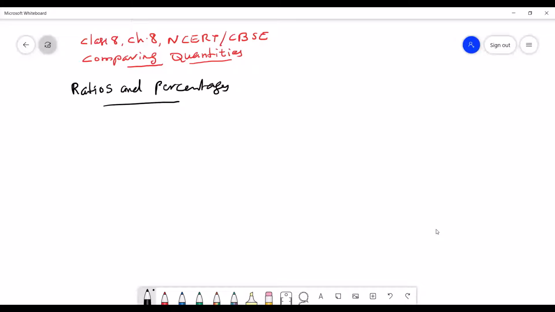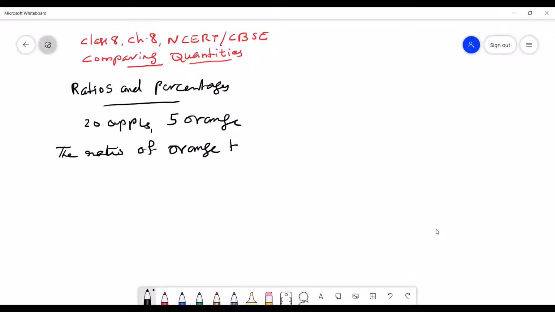Suppose in a basket of fruits, there are 20 apples and 5 oranges. So let us find the ratio of the number of oranges to the number of apples. So what will be that? We are known to that. We will be doing it like that,